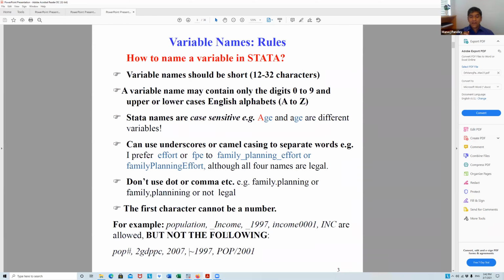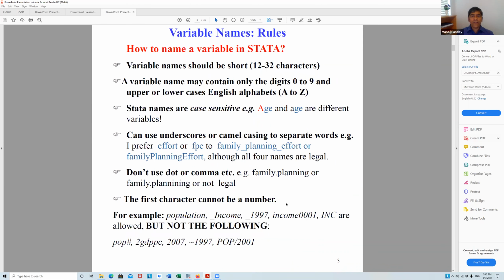And I think Dr. Naidu may correct me, I think the same rule applies in R as well. So better to start with a letter; you can always put a number after. For example, GDP 1997 is fine, but 1997 GDP is not fine. So these are some of the rules of having a variable name.